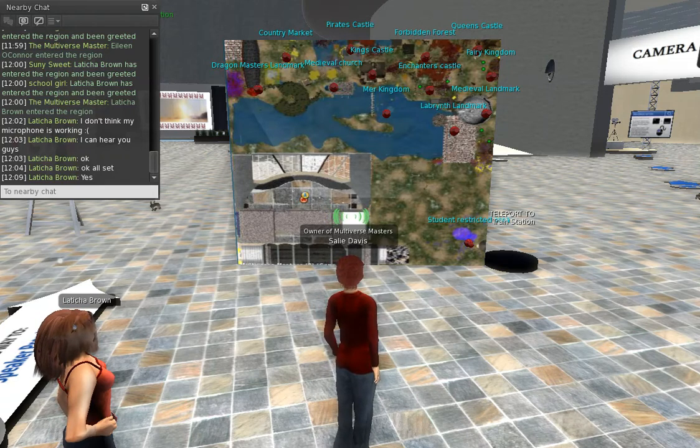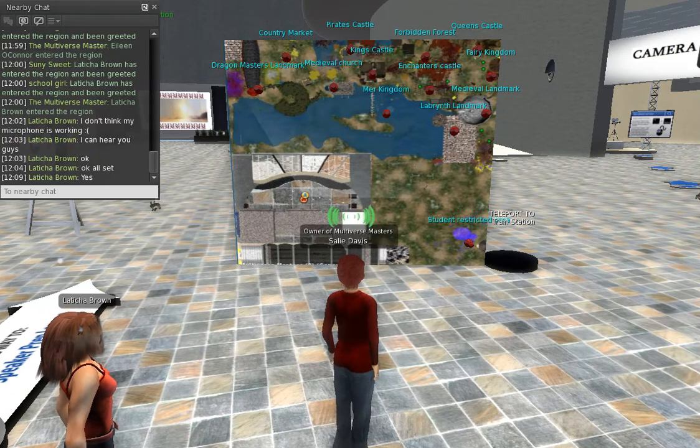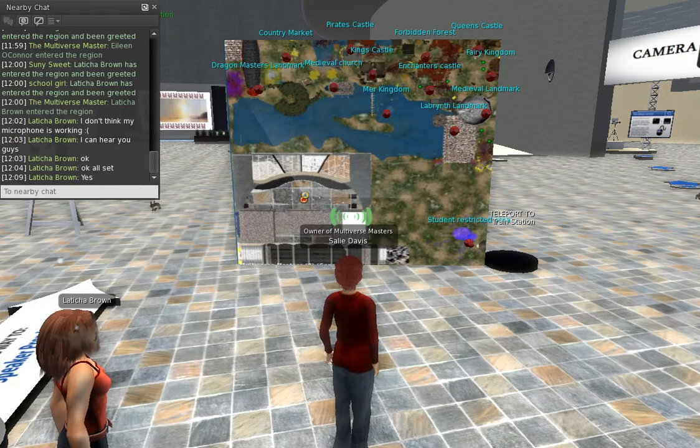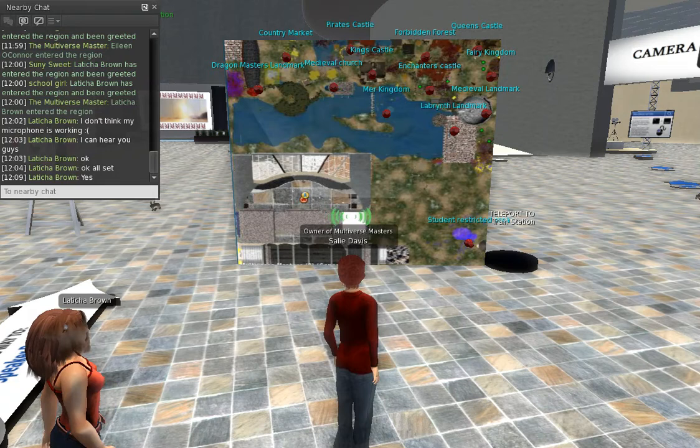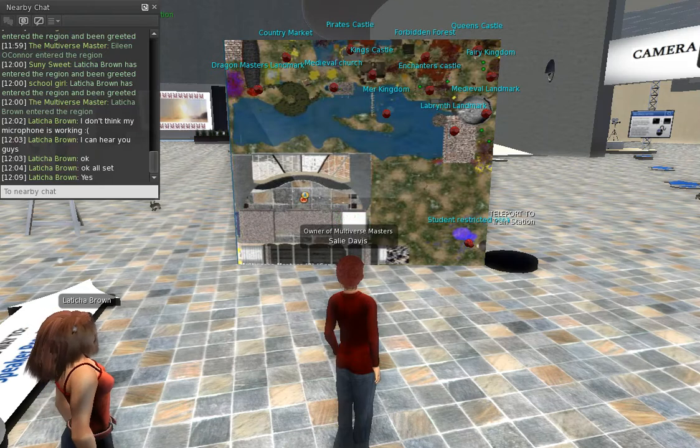You go to an area that you want landmarked, and then you use your Firestorm controls to landmark this area. Then you make sure you rename it what you want to remember as your landmark, and then when you put it into the note card giver, it gives out the landmark. It's a landmark giver script. It doesn't even have to be a note card. It just will give them the landmark. So you put the landmark in there, and then you put the landmark giver script in there. So when they click on it,